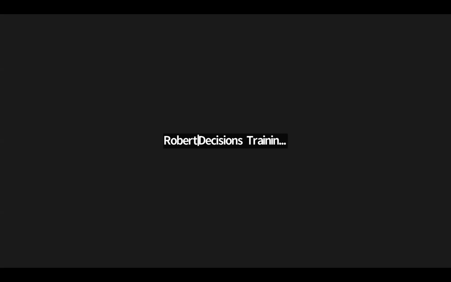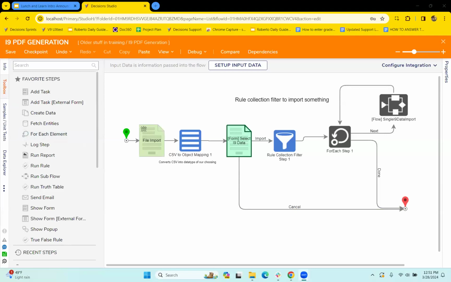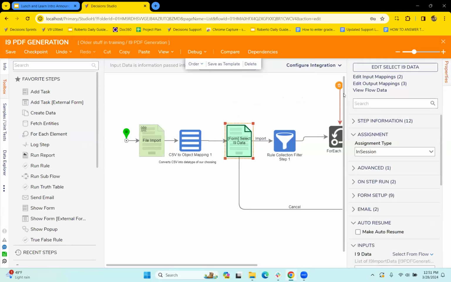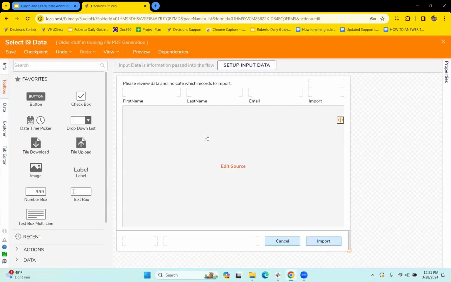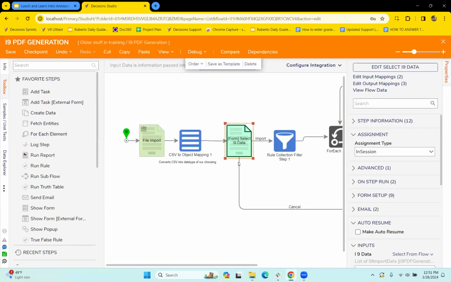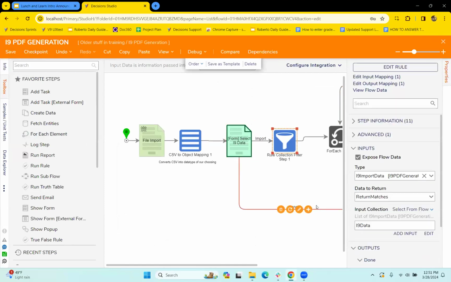And if you went through this, you can maybe do some rebuilding here. But we have on this particular project a data repeater as well that allows you to import, has an import dropdown. So with this import, we can then use a rule collection filter. So for your particular instance, you would use a rule collection filter,